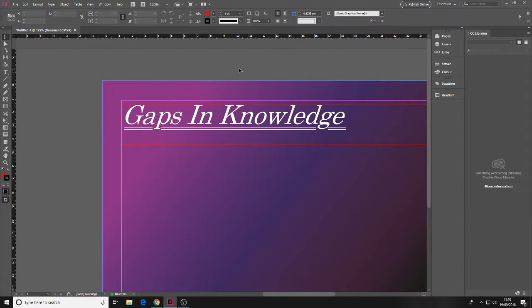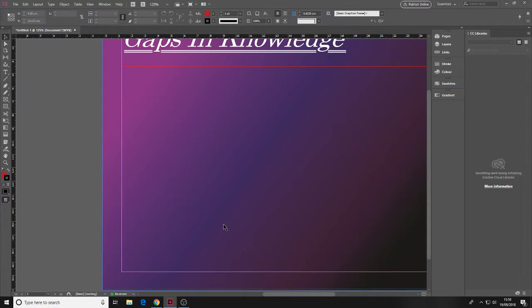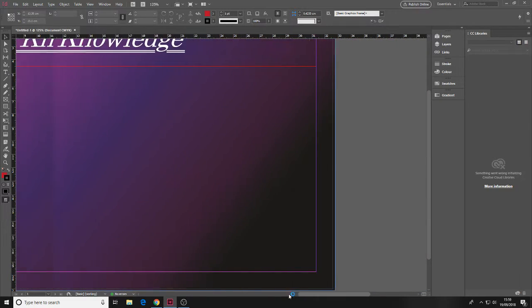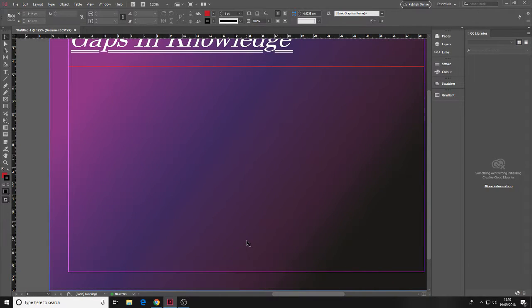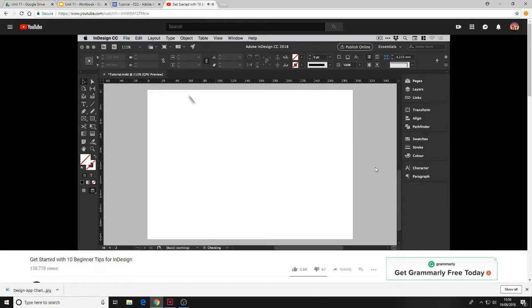And if you'd like to edit any of those properties, you go to File, Document Setup, and it will bring up this dialog box similar to what you see when you first create your document. And then you can make any changes here as you need to. Or if you need to change the margins,